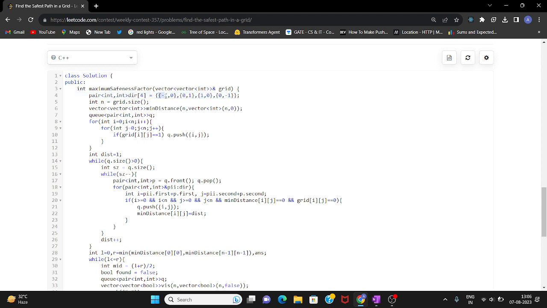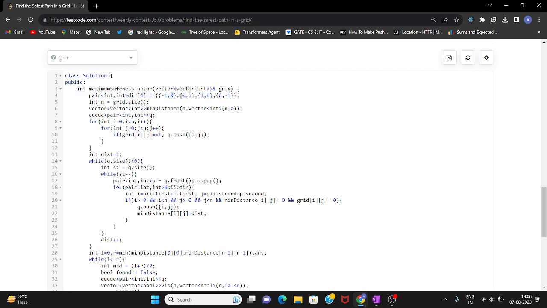Here the first value indicates the row, delta row, and the second indicates delta column. Delta means change. So if we have to go up, we have to subtract 1 from the row, and do nothing with the column.